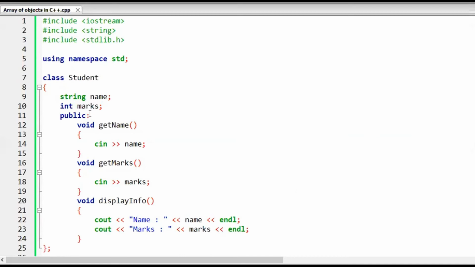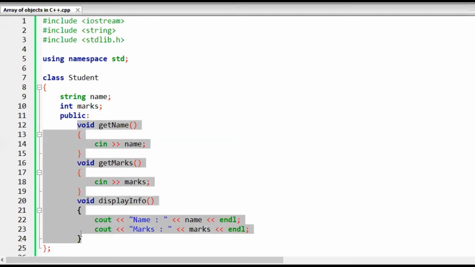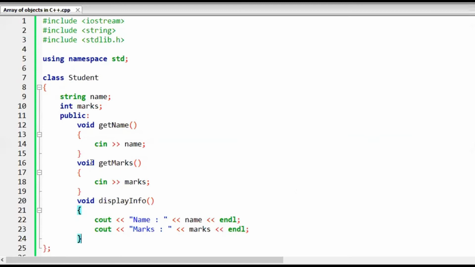In the public area we can define our functions. Let's discuss these functions one by one. Get name is related to name, get marks is related to marks, and display information is where the student name and marks will be printed at the console. The get name would be taking cin.